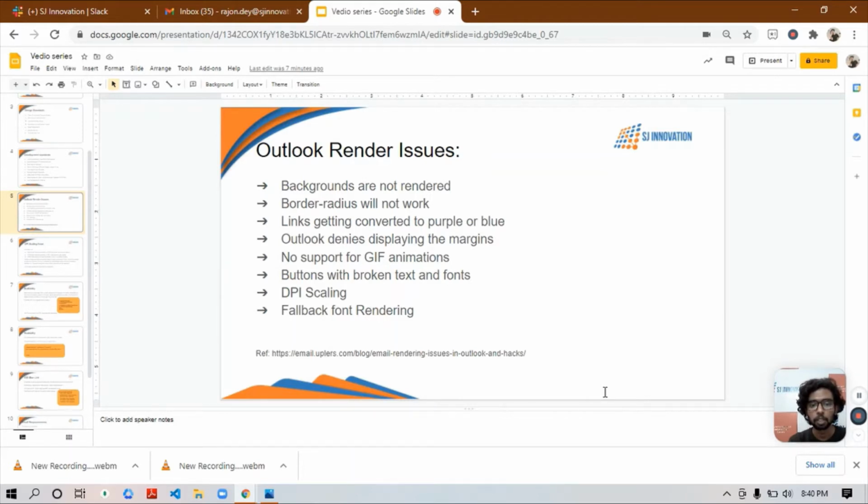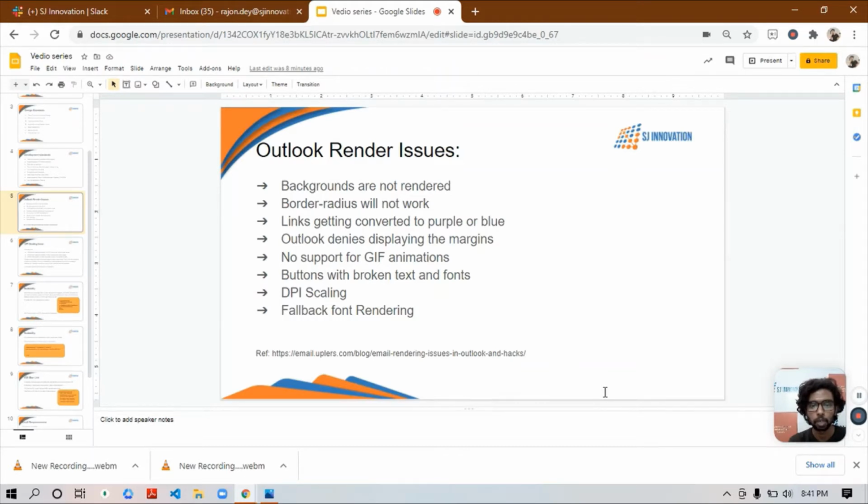Okay, and the next thing is no support for GIF animation. GIF animation is something where there is some animation in an image. You can use it in the browser, but in Outlook you can't. In a GIF format there is a primary cover you can make.